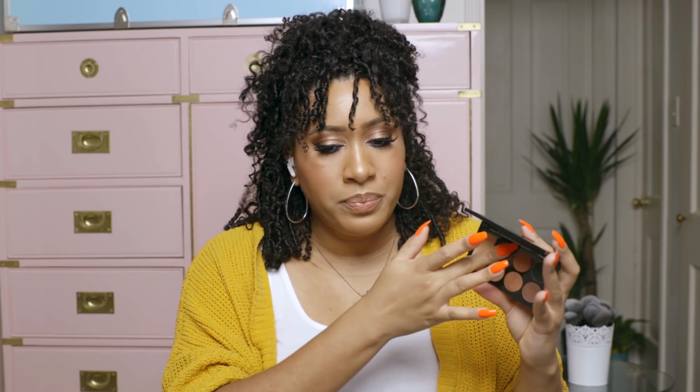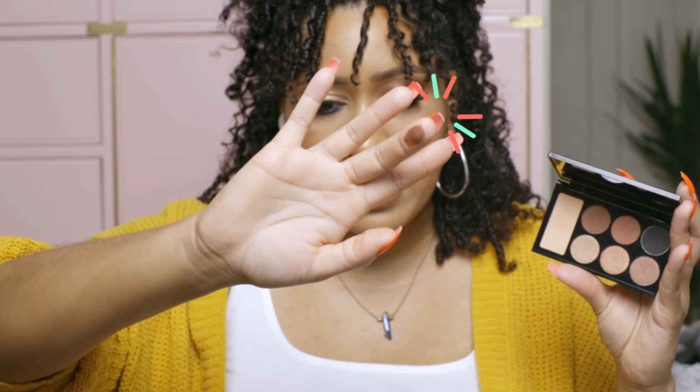This pigment is like... Yeah. It's pretty intense. I don't have to do much. And that's my perfect shade of like...